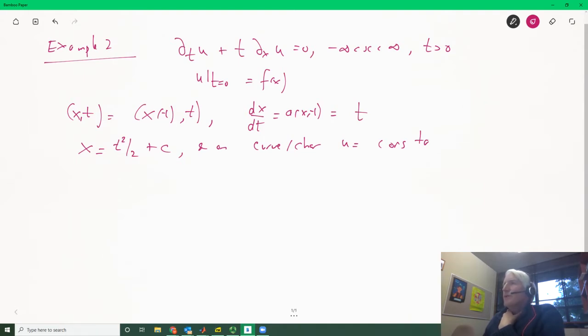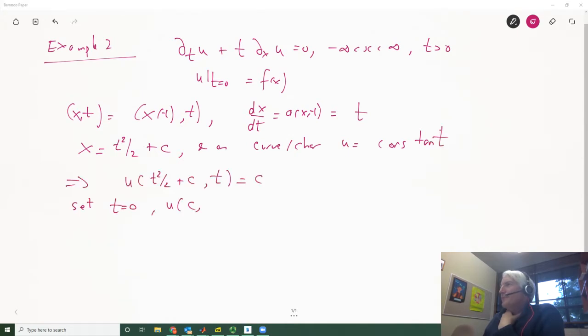Okay, so that tells us that we've got u of t squared over 2 plus c comma t is a constant, and then we set t is equal to 0 as always, and we get u. I'll be more careful here, that's 0, that's c comma,